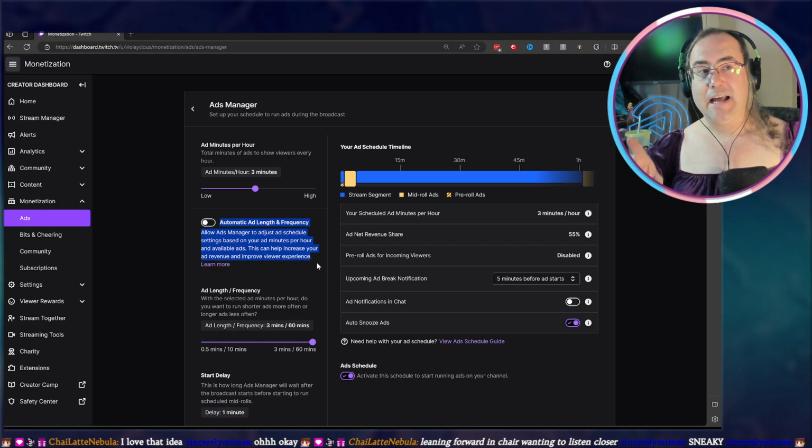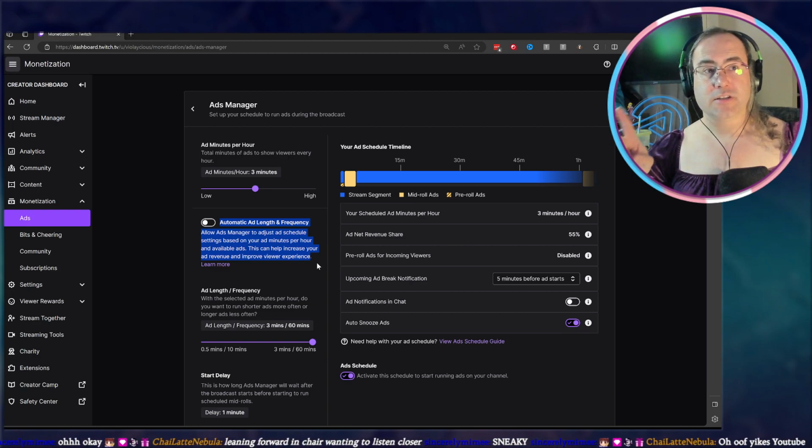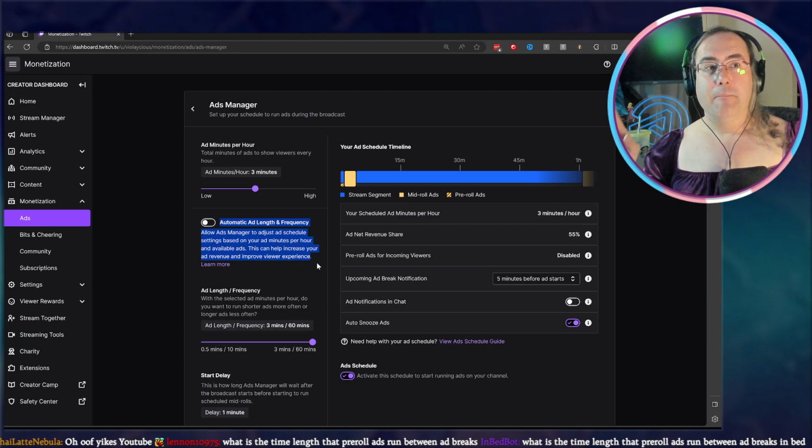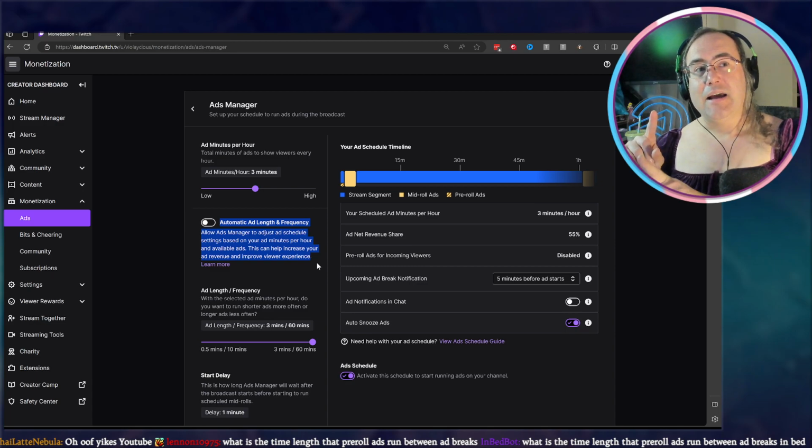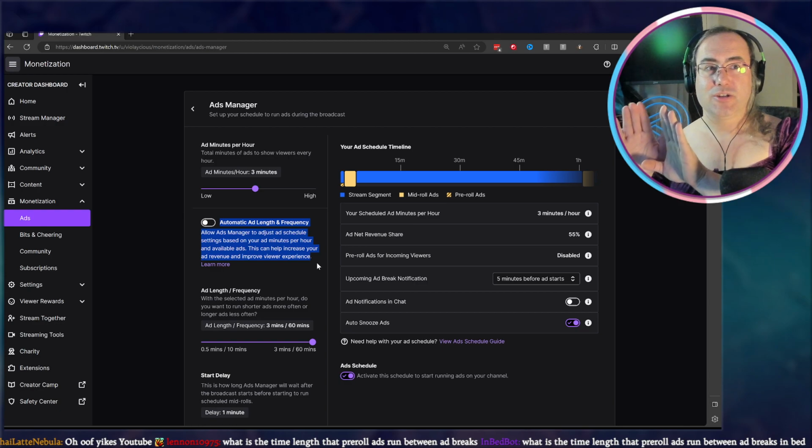On Twitch, when ads run, they run for all viewers simultaneously. On YouTube, they run the same amount of ads, but they calculate your viewers' experience and what levels of ads your viewers consume before clicking away, and will maximize the ads.